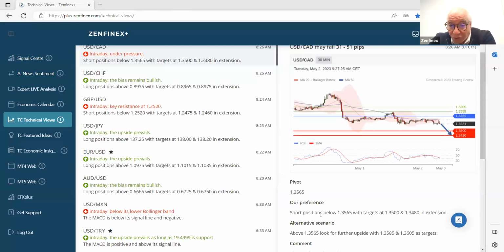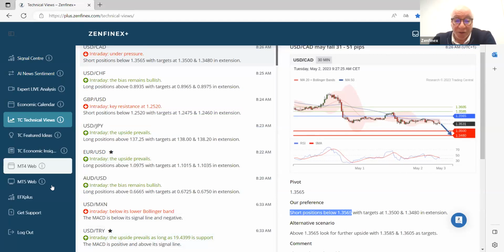Let's have a look where we are now. Would we have been triggered? So short position below 35.65. So that's what they're calling short below this level here. So just highlight what you can see. With a target of 34 and 35 with an extension. So let's go back to our charts. I'll just take a note of these. 35.00, first target 34.80. So if we go back to live charts,